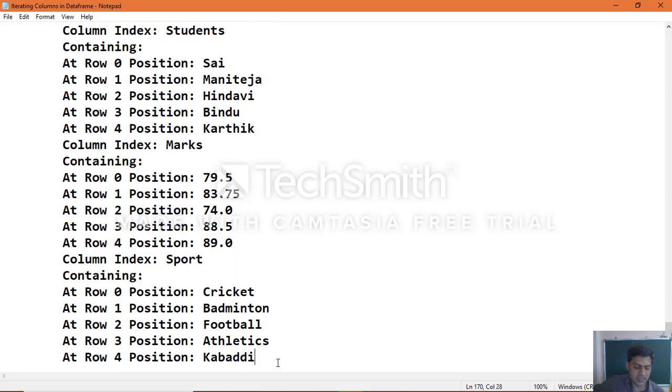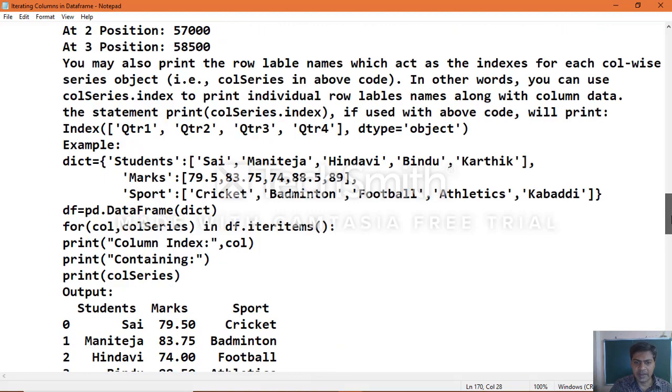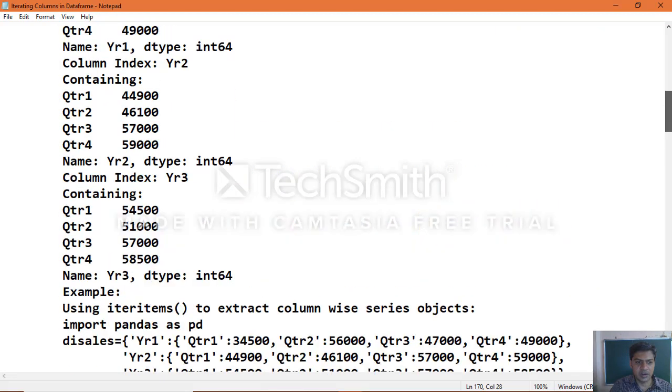And for this particular data frame, instead of default row labels, you can make use of your own row index labels. Yes, we know that by using the index attribute of that data frame object, you will be able to specify your own row labels. You can execute the data, then you will see instead of 0, 1, 2, 3, 4 the values which you specified. We will see that also while executing the data frame practically. Now we will execute all these things one by one practically. Let's understand how the example works.